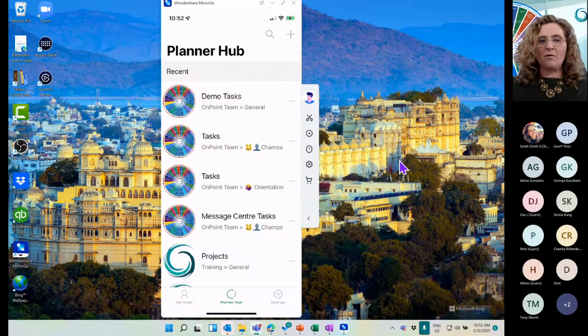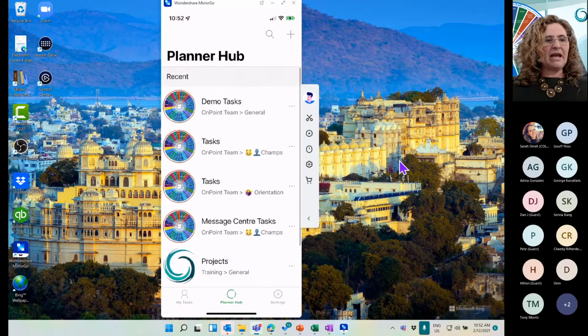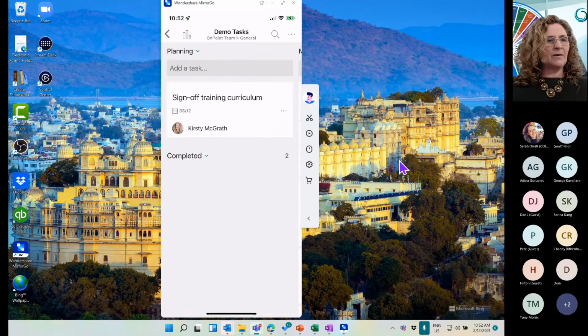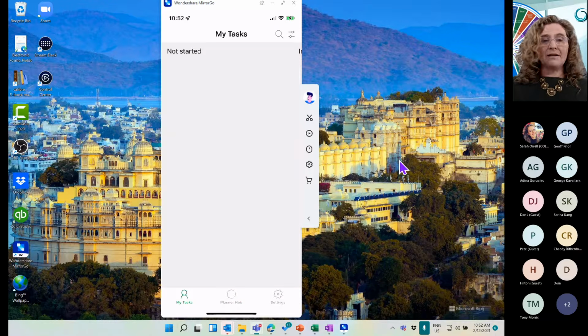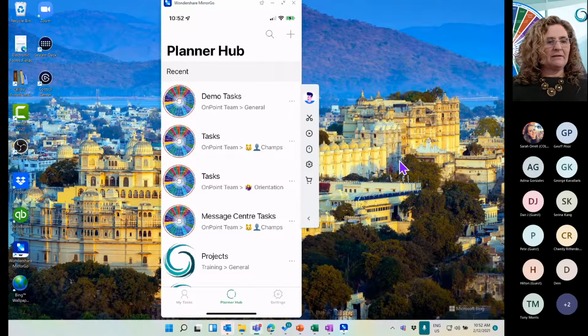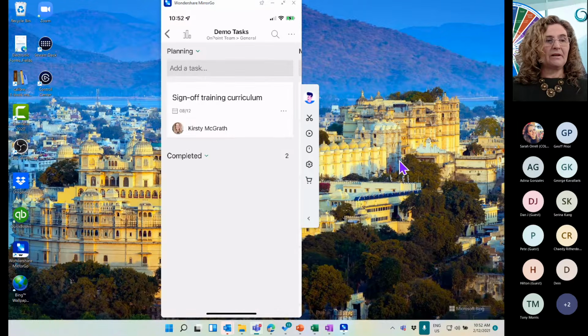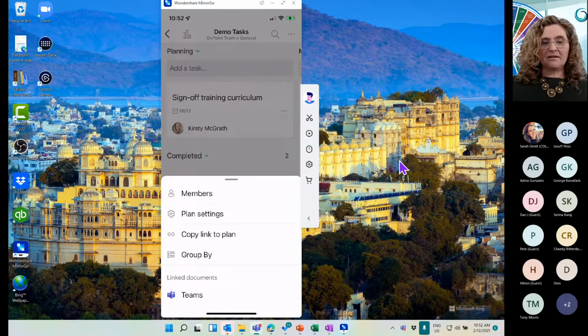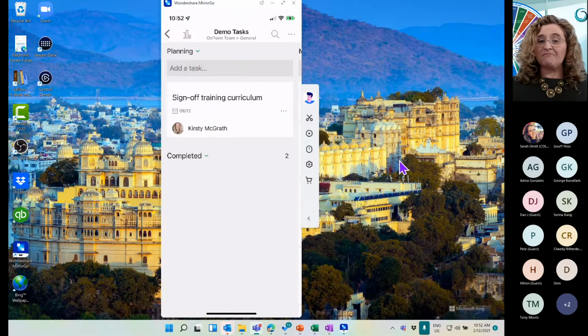Now, if I go in, I've got all my different ones in terms of my plans in different places. Okay, so I can see them. What are all my tasks? Okay, start to then filter. It will then flow through in terms of tasks. Okay, in terms of not started, in progress, completed. Okay, where am I at on my hub? And I have settings that come as a part of it. And up the top, you'll see a plus button. Create a new planner hub. Same within here. So I can search up the top, members, settings, copy links, grouping by, all here on my mobile phone.